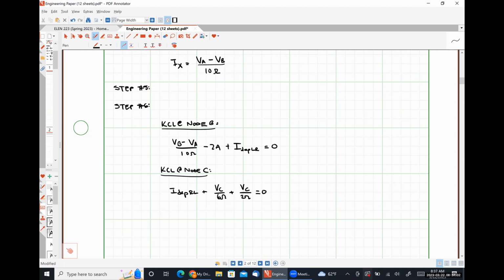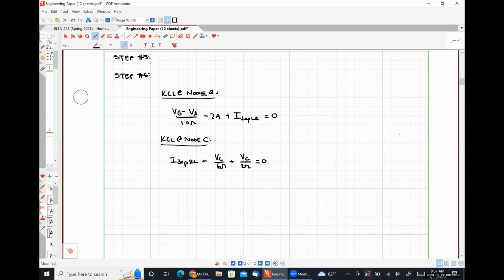So let me explain why I can do that, okay? You might be looking at me incredulously, some of you are. My KCL equation at node B is equal to 0. My KCL equation at node C is equal to 0. So I would argue, and I'm pretty sure I'm right here, that 0 plus 0 is equal to 0. So I can add these two equations together with absolute impunity and nothing bad will happen. So if I add these two equations together,